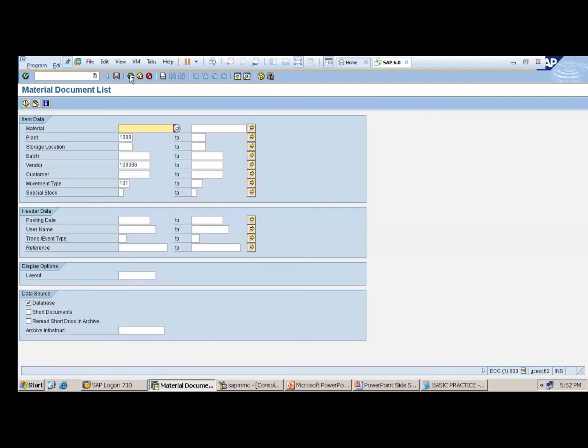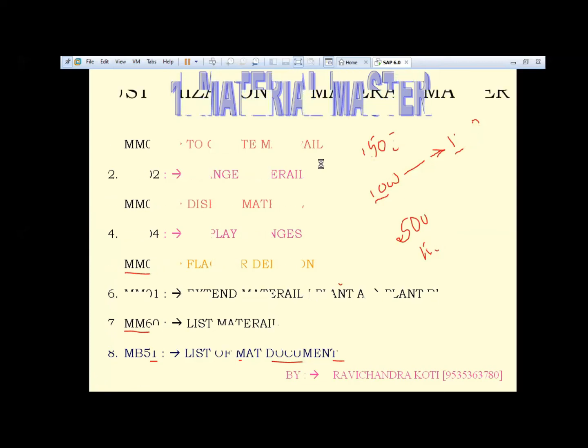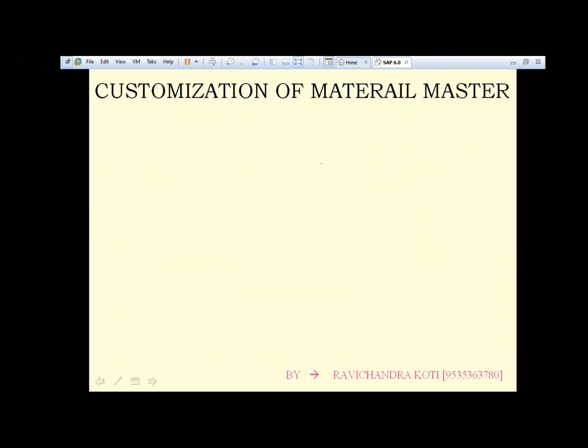Okay, well, so these are all the main basic parameters related to Material Master. Next, we go for the customization. Suppose how to create a new industry sector. There are two methods, for example mechanical, chemical, food, etc. How to define?